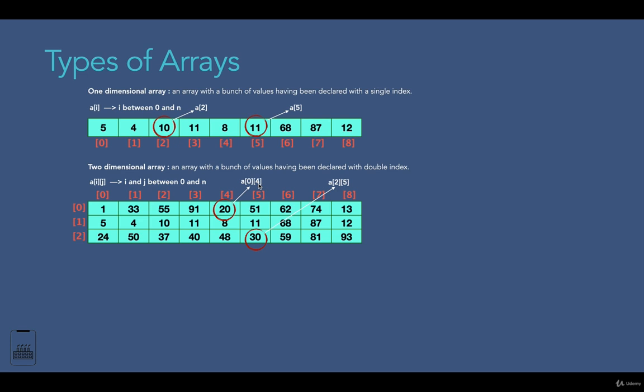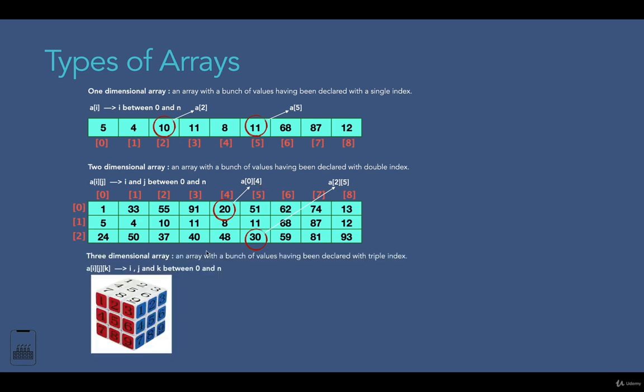Now this is all for two-dimensional array. Now let's see what is this three-dimensional array. It's similar to two-dimensional array, but here we have depth. So this part is depth of this array over here. We can imagine a three-dimensional array as multiple two-dimensional arrays. So you can see this part is one two-dimensional array, this part is another two-dimensional array, and depth part is another two-dimensional array. So in this case, it's a combination of three two-dimensional arrays over here.